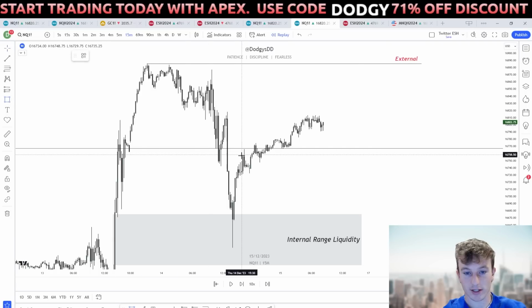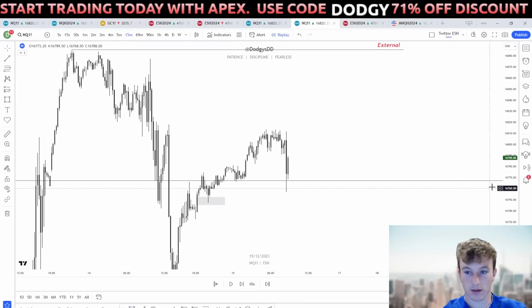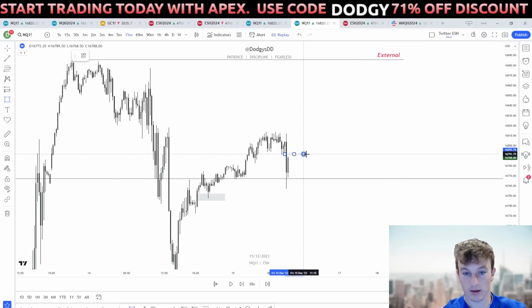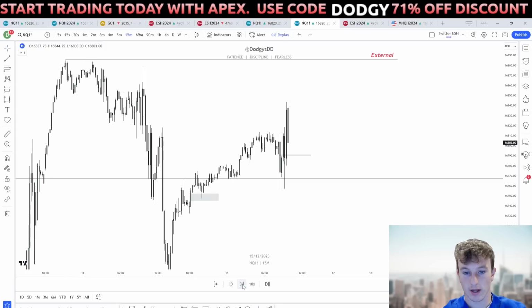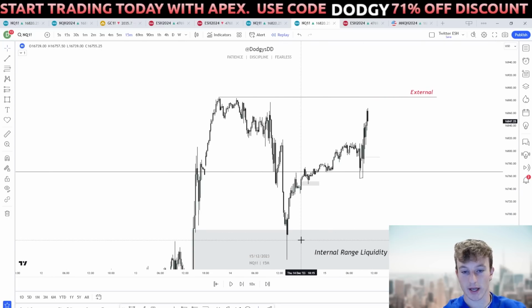This setup actually occurred during Asia, so I'm assuming you wouldn't take this. But when we go into the New York session, you're looking for your model. So I'm looking for some sort of inversion or something like that. And we get a little better one in ES. This one in NQ isn't as clean, but we get a little inversion here. And it holds, the lows not taken out. There was an SMT here. Okay, and you can see the market moving from this internal range liquidity,